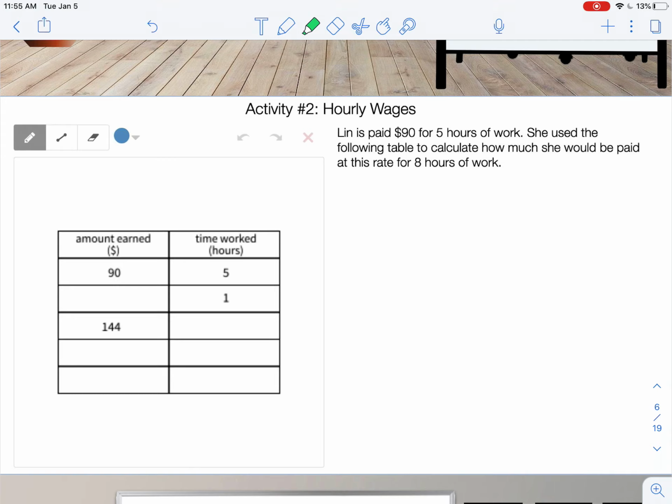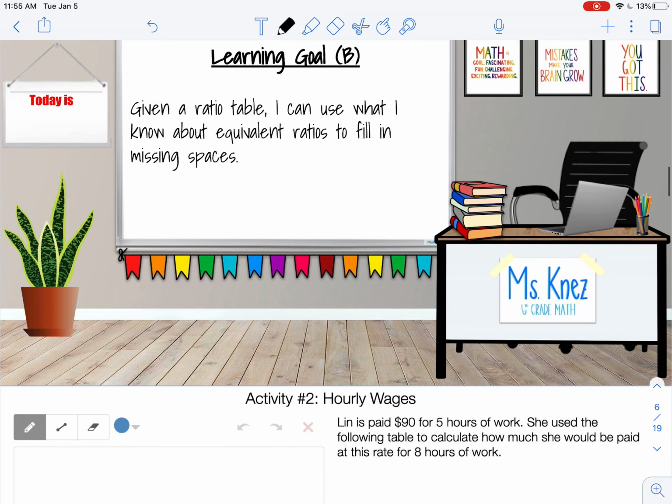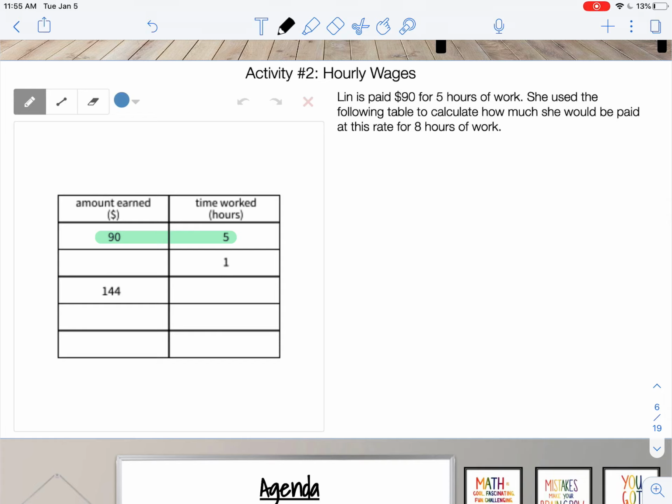work. In the table, we can see that $90 in 5 hours, and we can see that our first missing number will be the amount of money earned in 1 hour. Now remember, today's objective is using what we know about equivalent ratios to fill in those missing spaces. So I'm going to go ahead and pull out the ratio that I know, and this will be my known ratio. Because I know the ratio 90:5, I can easily find the missing number in the ratio something to 1,